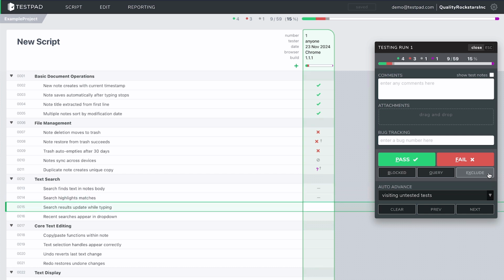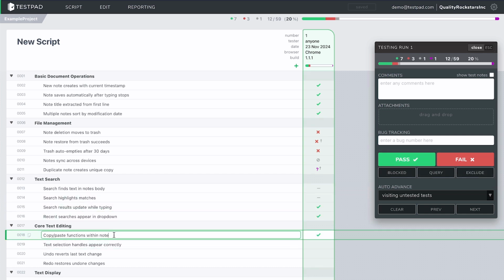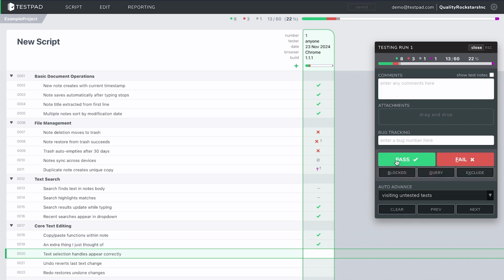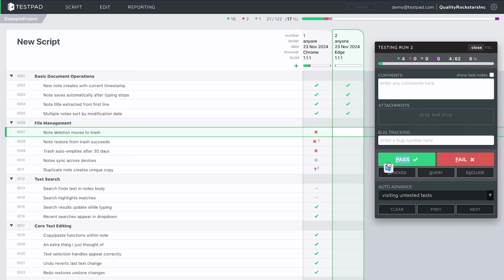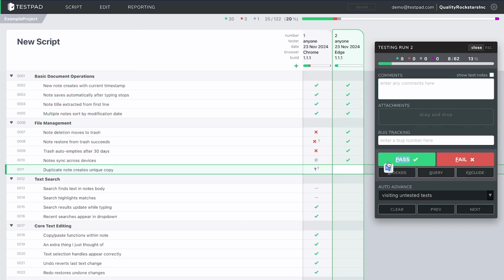And if while you're testing a new test idea occurs to you, you can always go and add a new line of test. Let's say we also want to run these tests for a different browser. This time, say the Edge browser, again for the same build. We make another test run column, again record results by hovering on the play button and pressing pass or fail,